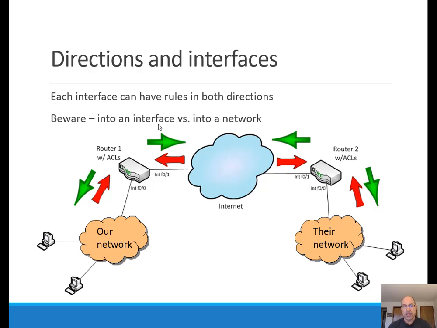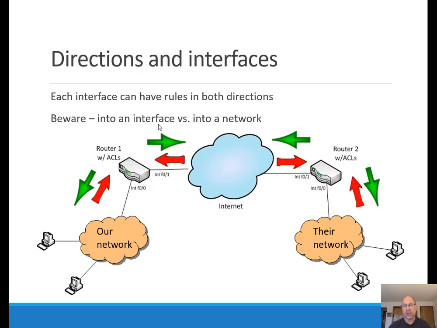So now let's say that I was also allowing traffic from their network to our network, and I was looking at router number 1. If I wanted to allow my traffic out, I would say it's okay for my source IP addresses to go into interface F0/0. And it's okay for their IP addresses to come out of interface F0/0 as well. So we have to be aware of that.